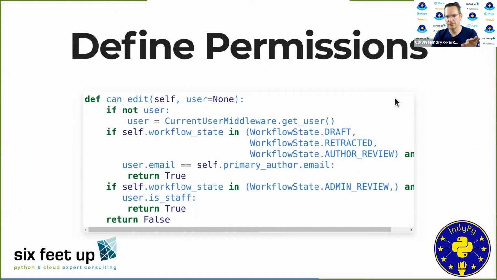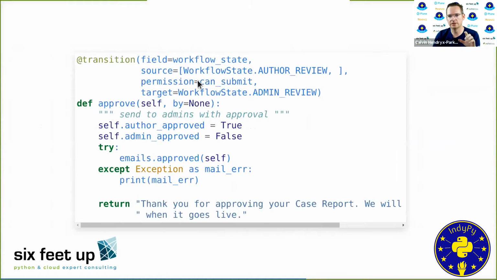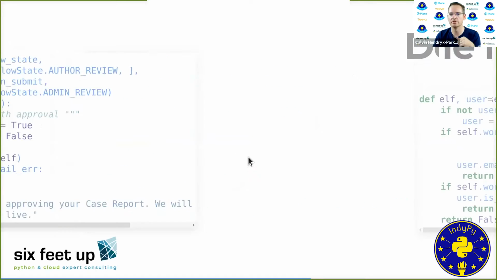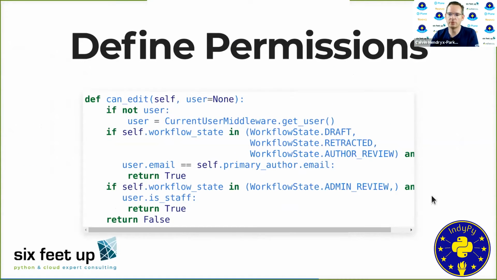Now, getting back to permissions. If you saw on the previous slide, the transitions can contain permissions or lists of conditions. And they're all just callables that can determine, based on the current user, whether they are satisfied, true or false, to do the thing or not do the thing. So if we look at one of these permissions,